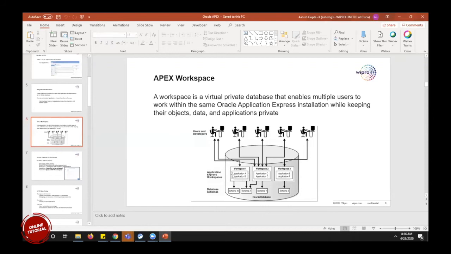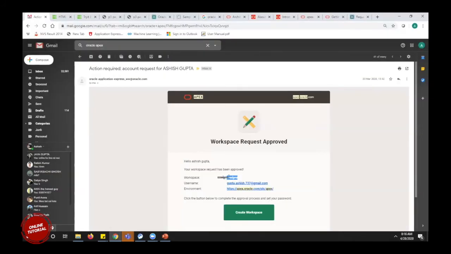If you create different workspaces for different modules, for invoice, for PO, for finance, then you are creating different workspaces for the different modules, which is not correct.